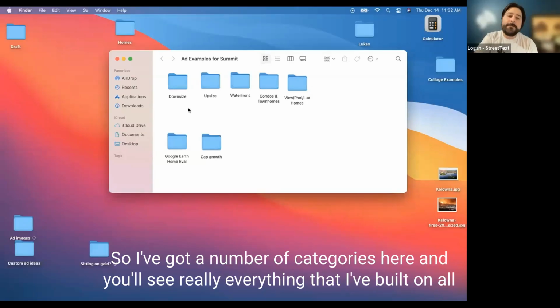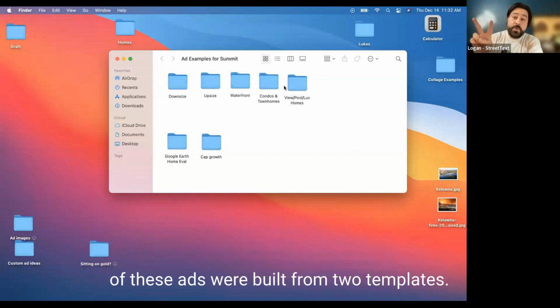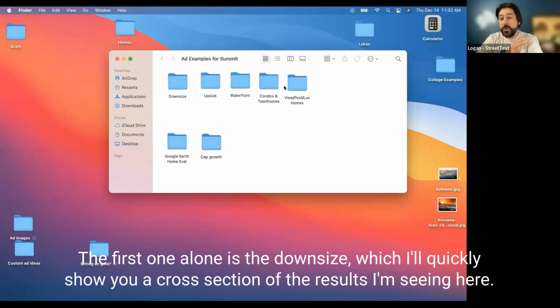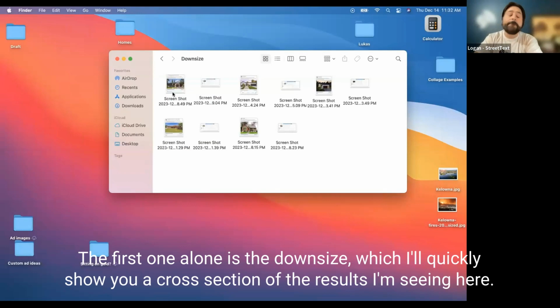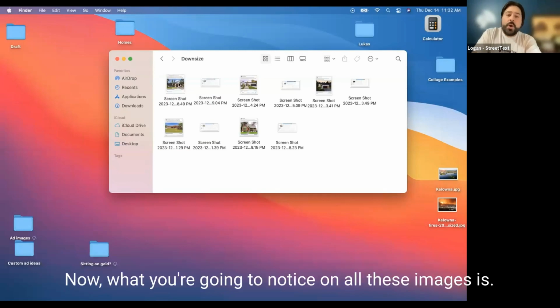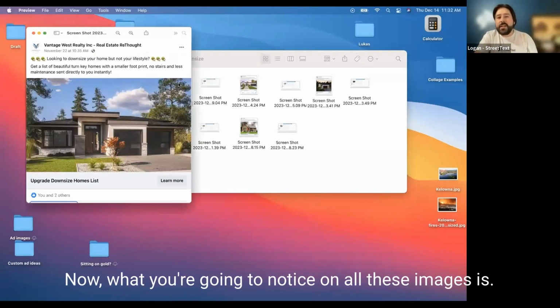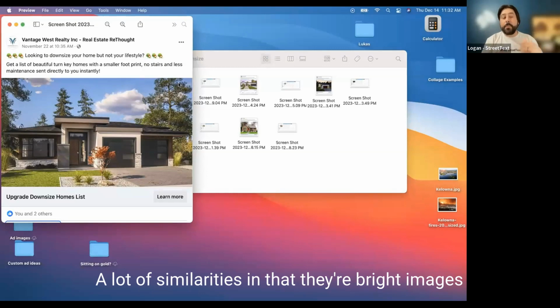So I've got a number of categories here, and you'll see really everything that I've built on all of these ads were built from two templates. The first one alone is the downsize, which I'll quickly show you a cross section of the results I'm seeing here. Now, what you're going to notice on all these images is a lot of similarities in that they're bright